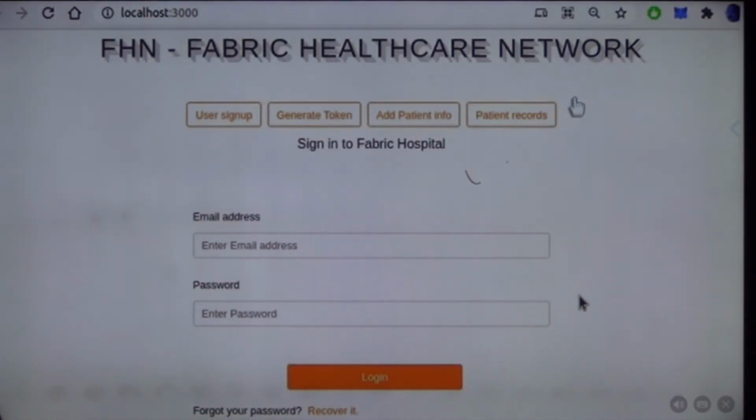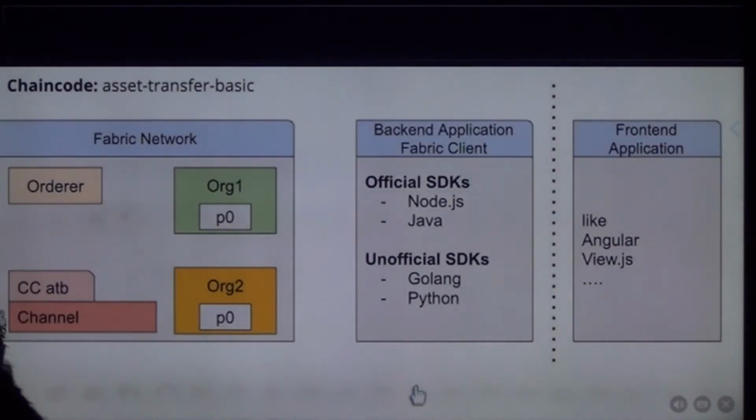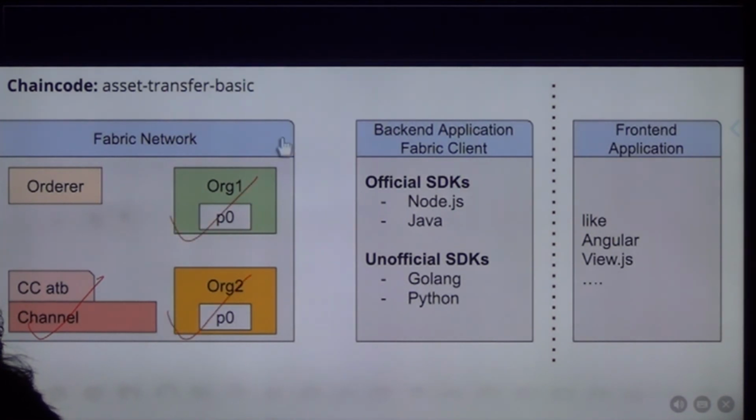ये उसका जैसे कि एक इंटरफेस है उसको हेल्थ केयर फैब्रिक के नाम से कि you are basically logging into the system, maybe as a doctor, maybe as a pharmacist, maybe as a patient, so it depends. So whosoever your identity is, in a specific way you will invoke a smart contract which will make changes in the ledger. Okay, you Fabric Healthcare, select your organization, so you are, let's say, an employee in the organization. So ये सारी चीज़ें आप देखिएगा कि channel is important, a peer is important, peer may be from different organization,